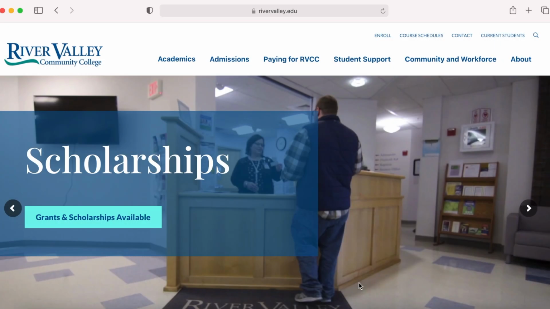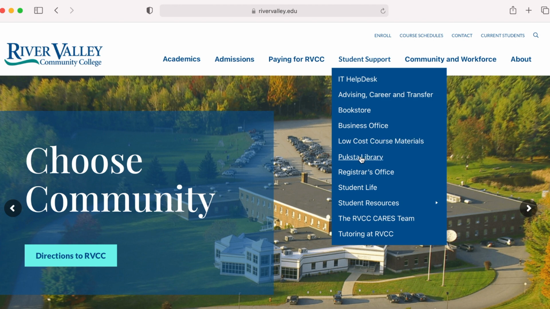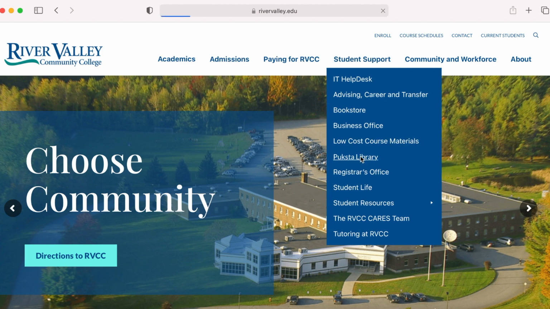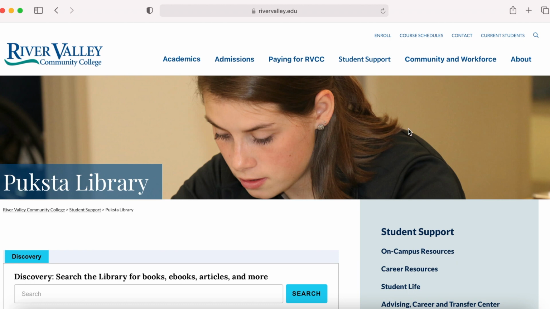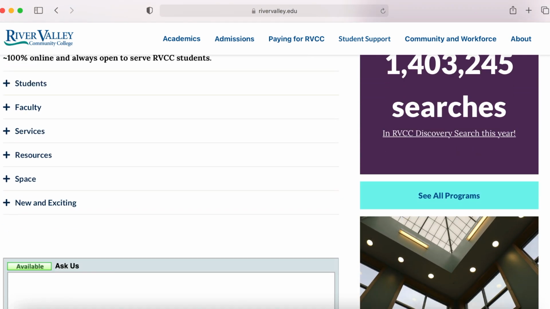To access the library's resources, we'll start at the homepage for the college. First thing you need to do is come up to Student Support and then choose Puxta Library. This brings you to the library's homepage. We are going to scroll down and then choose Students